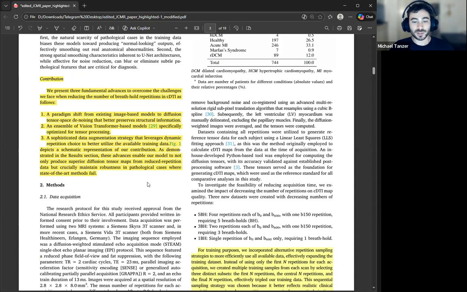So in previous work, we have seen 2 major ways of dealing with the problem of reduced repetition in general, let's say DTI. One main approach is denoising images prior to tensor computation. This has been done by some work before. The other main approach that we've seen in Ferreira's work is instead denoising tensors from reduced repetition image data. Here we try a different approach that again frames the problem as a pure denoising problem. This has the advantage of relying on the whole denoising literature, denoising models, denoising architectures that already exist,